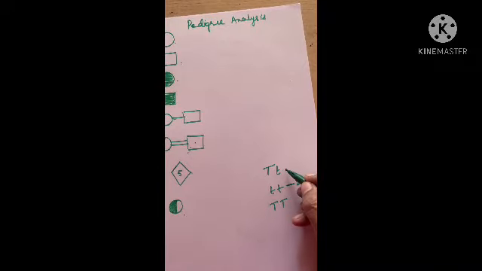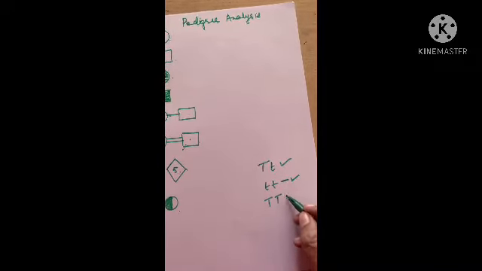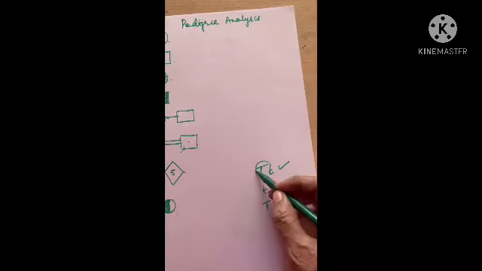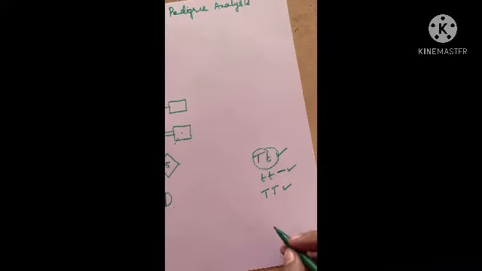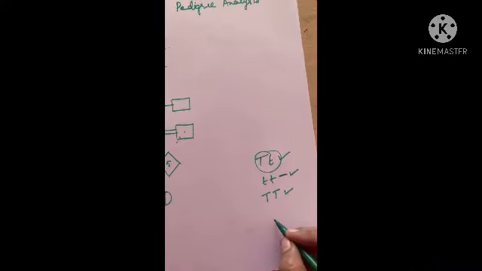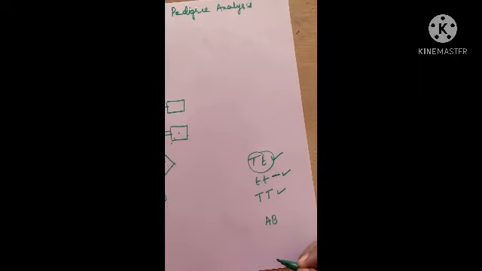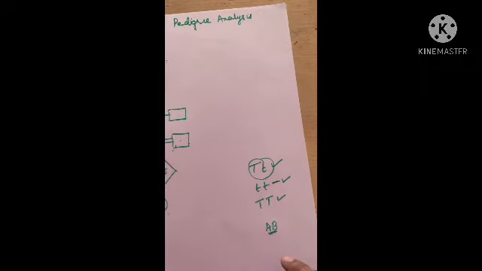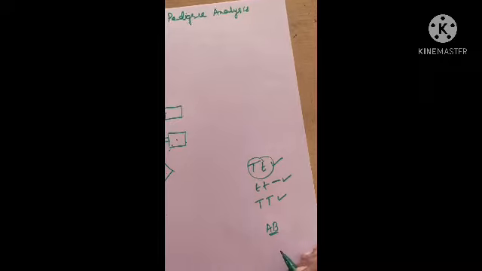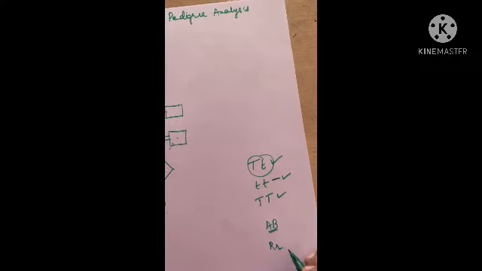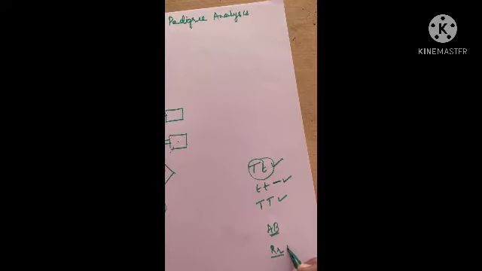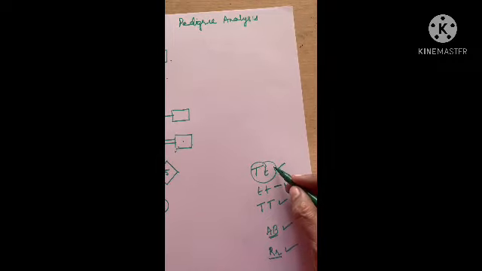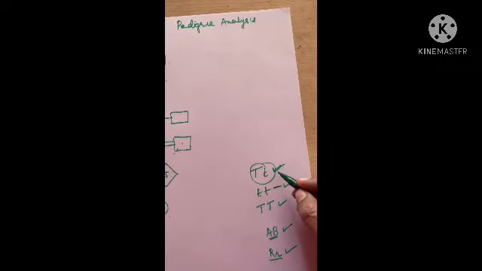In case of the heterozygous condition, the dominant gene will be expressed, and in case of the homozygous dominant, also the dominant gene will be expressed. Okay, so this follows the Mendel's law of dominance. Another possibility is that if both the genes express completely in presence of each other, such phenomena is called codominance. अगर दोनों जीन completely express करते हैं, so that will be called codominance. And if both the genes express themselves incompletely, that will be called incomplete dominance. So this is incomplete dominance. यहाँ पे दोनों जीन completely express होंगे तो codominance, and here one gene suppresses the expression of the other gene, so that is why it will be called dominance.